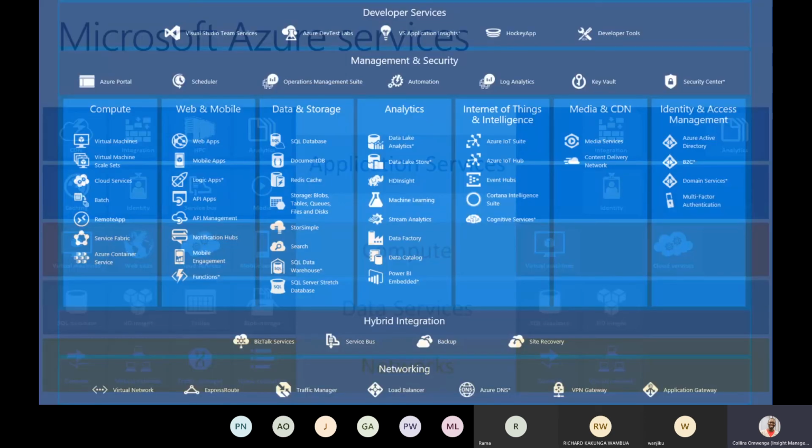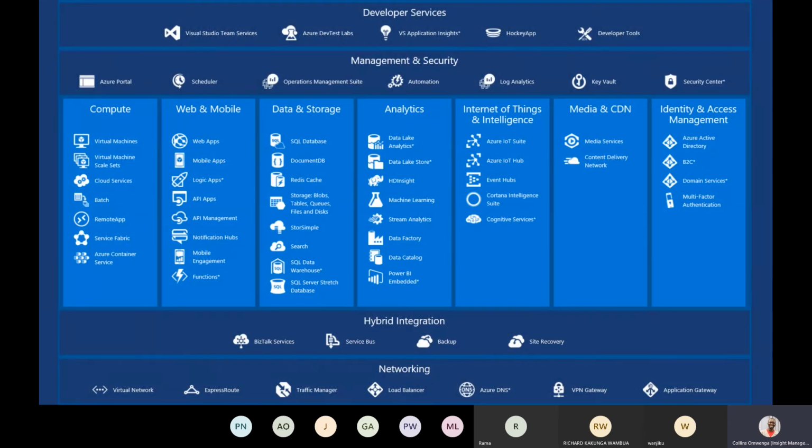And when you dive a little bit deeper, this shows what the Microsoft Azure stack looks like. At the very bottom, we have networking. For networking, we have several options for how you access and connect to Azure services, applications, and platforms. We have virtual networks, so you can create virtual networks on top of Azure, have your own private data center or private cloud within the Azure public cloud, and integrate with your on-premises infrastructure.